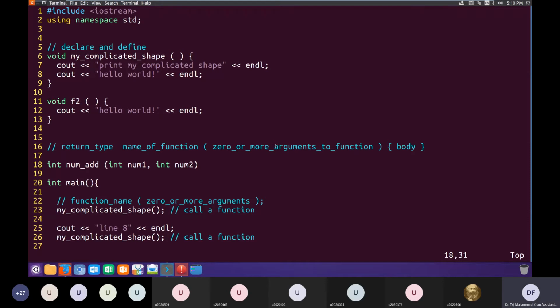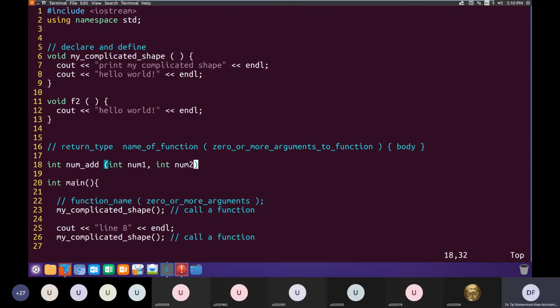Since we have only two arguments, we'll not put another comma after the second argument and close the parenthesis. So now we have defined the arguments for this function: there are two arguments within the parenthesis, both of type integer, and the first argument name is num1 and the second argument name is num2.